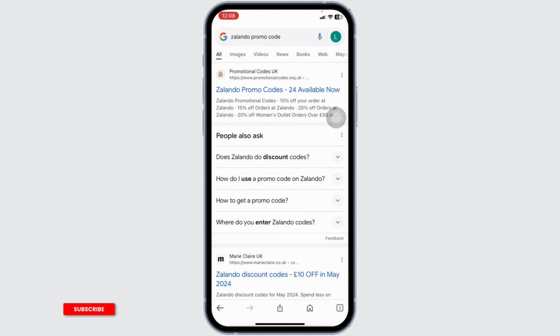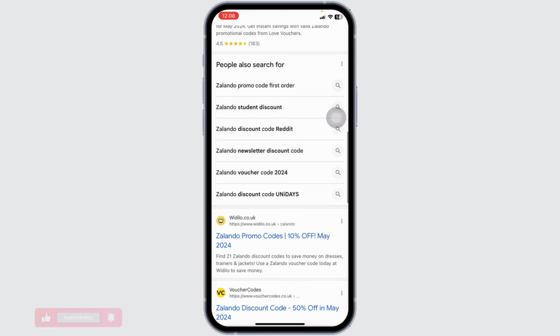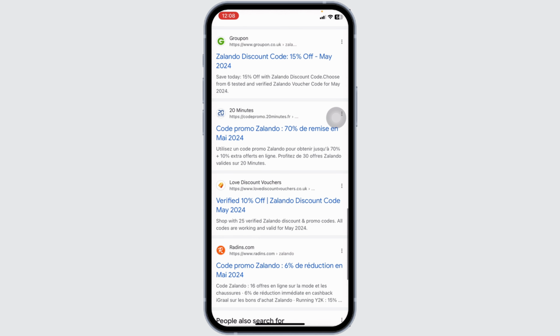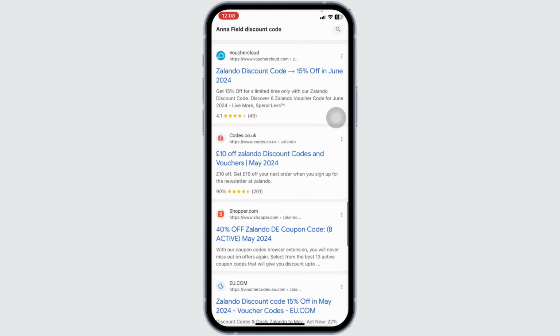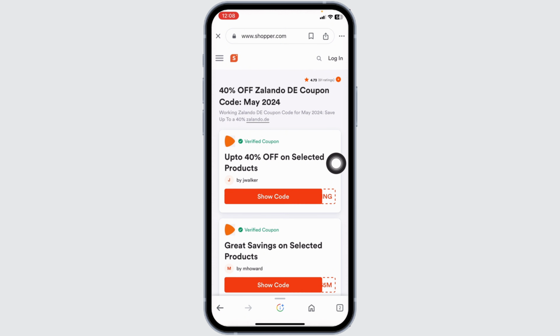First up, I'm gonna show you guys how to get a Zalando promo code. Using any of these websites, you can easily get a working promo code for Zalando. So go ahead and open any of these. For instance, I'm going to open this one website, shopper.com. You can also try this one website, as on this website, you're going to find amazing offers and deals for